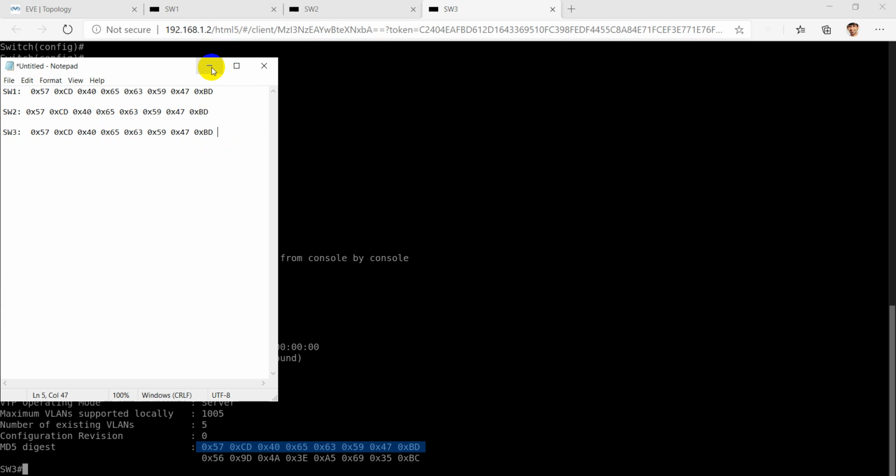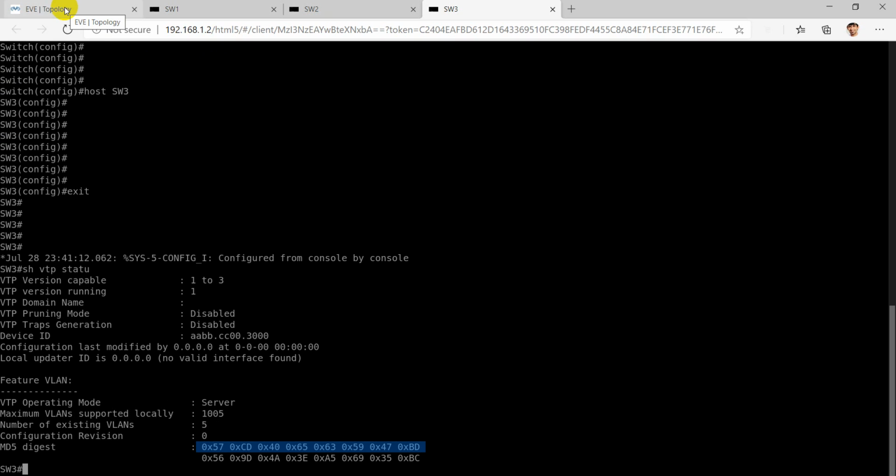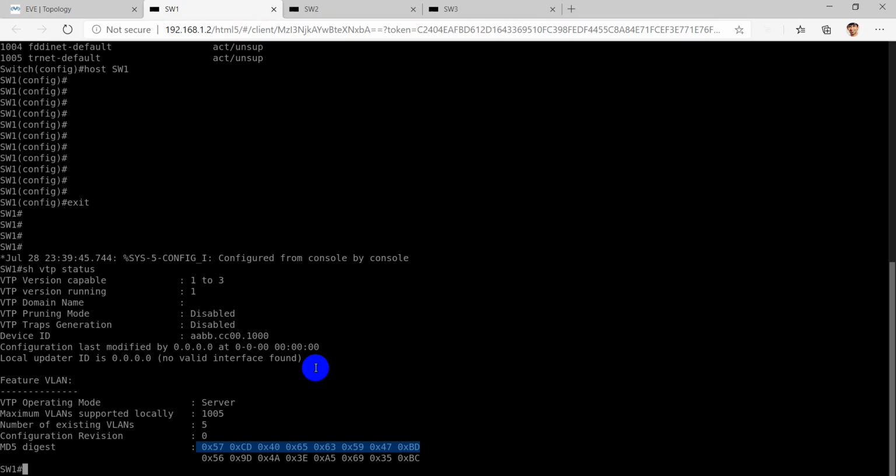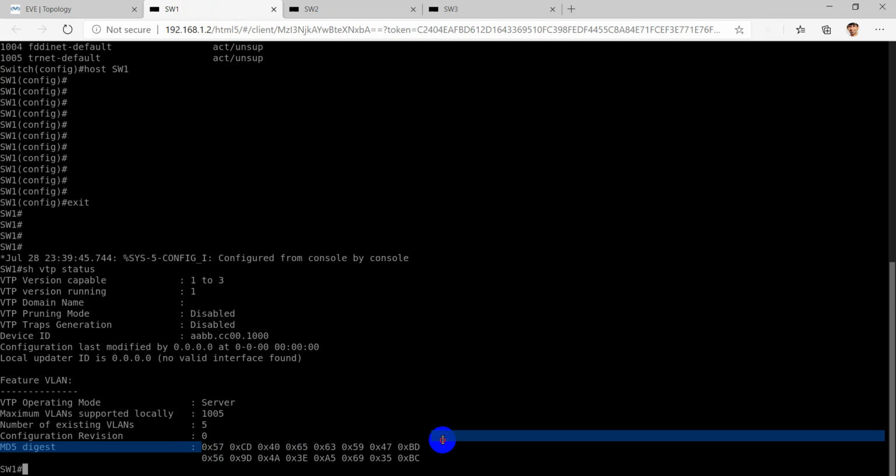We'll be setting the domain name to, let's say, ABC. If we set the domain name to ABC on switch 1, we'll see that switch 1 will recalculate its MD5 value. It would be different than this.